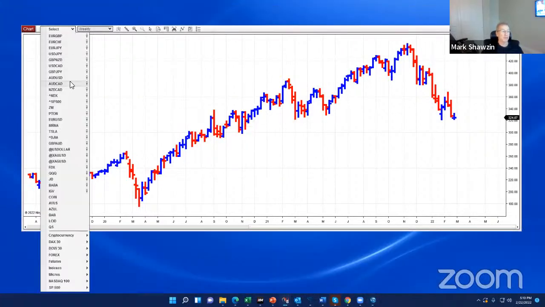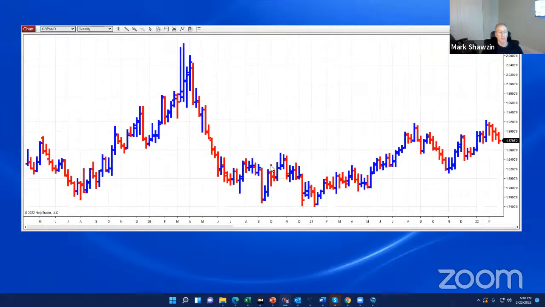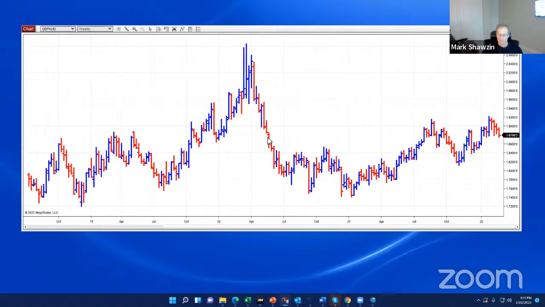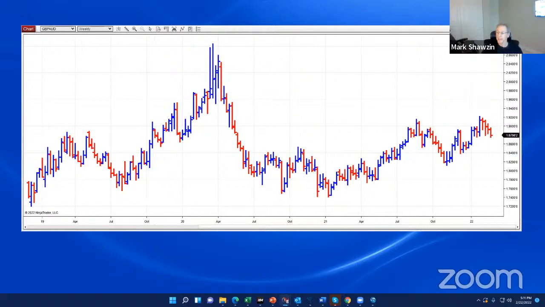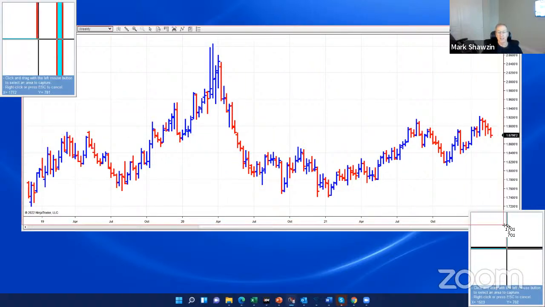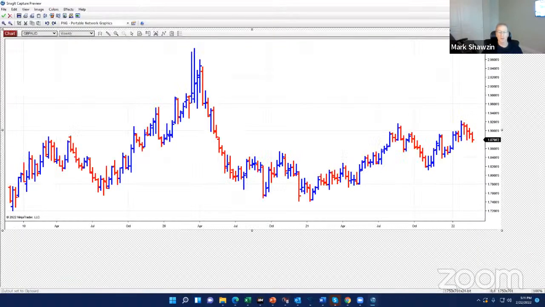This is an example of how an ascending broadening triangle played out on a real-time basis. So this is the pound Australian. And what this should demonstrate to you is that it doesn't matter what the instrument is. It can be corn, pork bellies, pound Australian, or the IGV. When we see patterns, these patterns repeat. And this is how I'm able to make repetitive assessments on the markets. When I see certain patterns, they lead to certain trajectories.